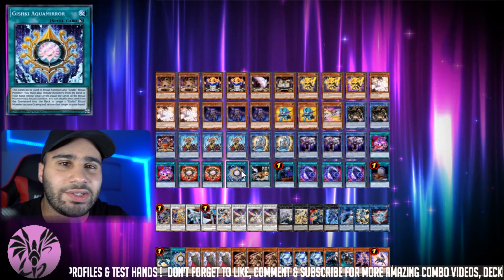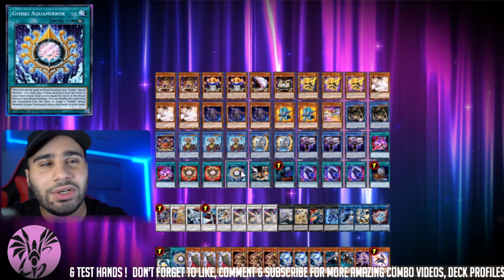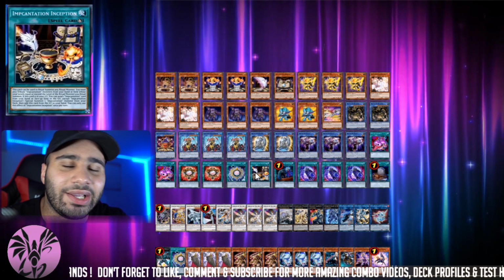The Aqua Mirror, like I said, this card sucks. Unless you're really good at Yu-Gi-Oh! and you always draw exactly what you need. Which, you know, is a common trait that Yu-Gi-Oh! players have online, so...